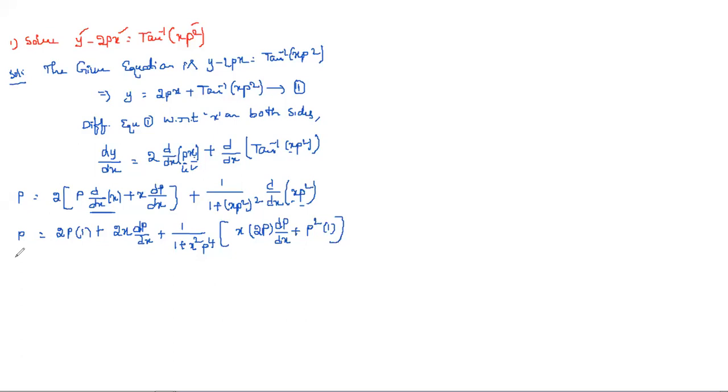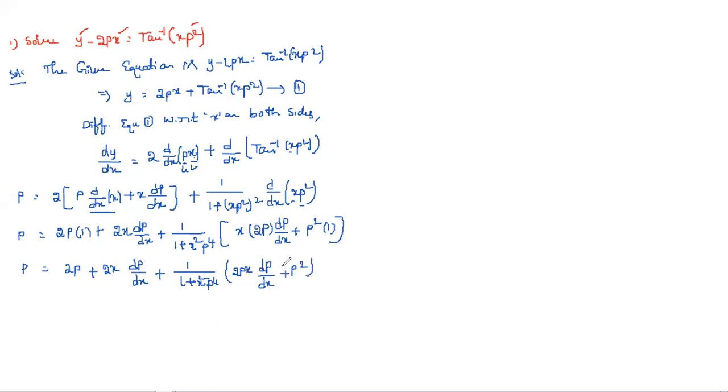And now here it is, p is equal to 2p plus 2x into dp by dx, plus 1 by 1 plus x square p power 4 into 2px dp by dx plus p square,